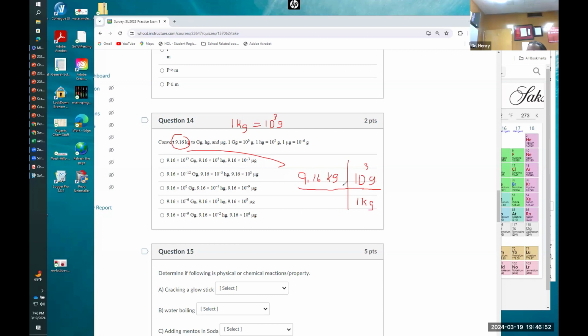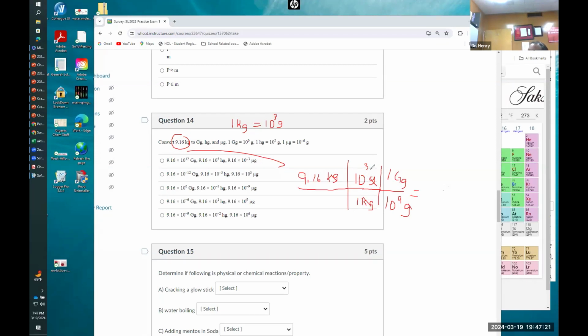So we can start off with the giga. So we want gigagrams. It says for every 1 gigagram, we're going to have gigagram on the top because that's the units that we want. Capital GG. And then we have 10 to the 9 on the bottom, grams. So those grams are going to cancel out. Kilograms are going to cancel out. And so we end up with,